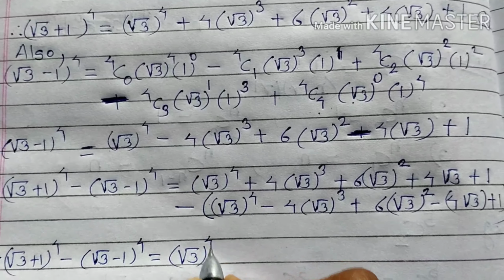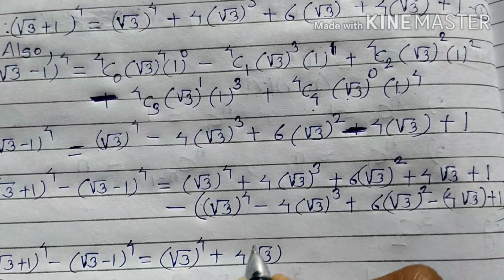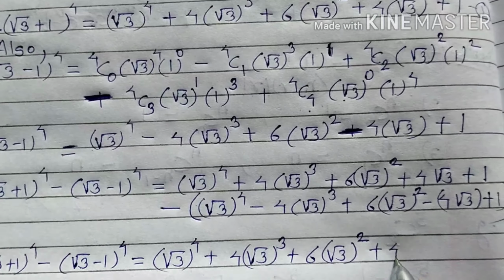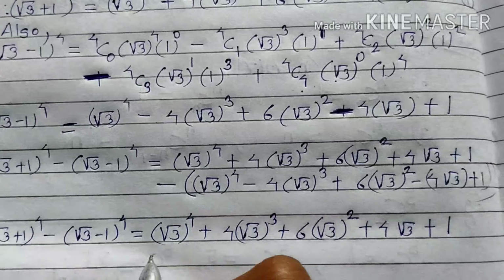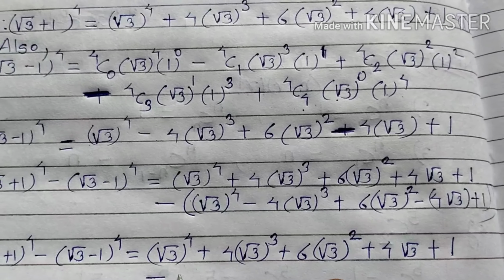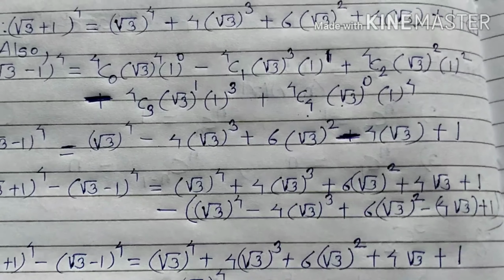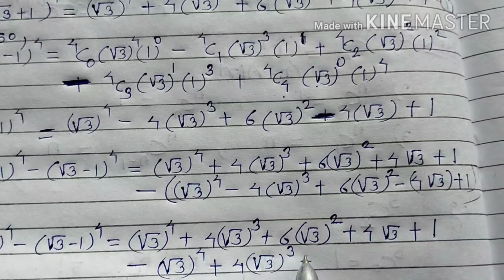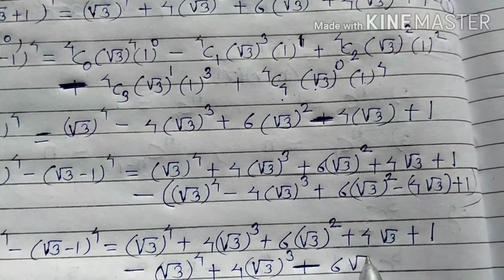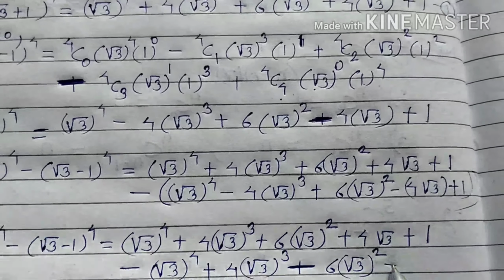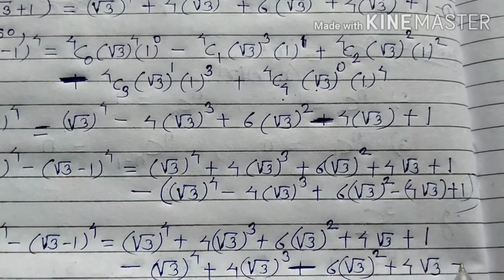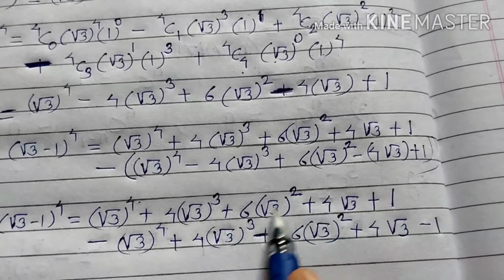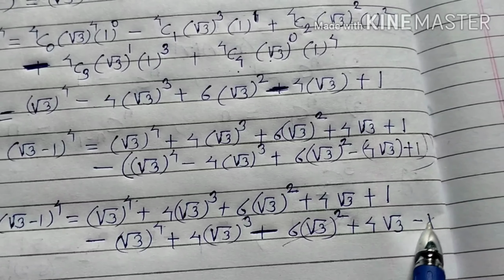Therefore now write this first term as it is. Now multiply by the negative sign, so it will become minus (√3)^4, minus 4, sorry, it will become plus, it becomes minus, it is plus and it is minus. Now you can observe that these plus and minus terms will cancel, this and this will cancel, plus 1 and minus 1 will cancel.